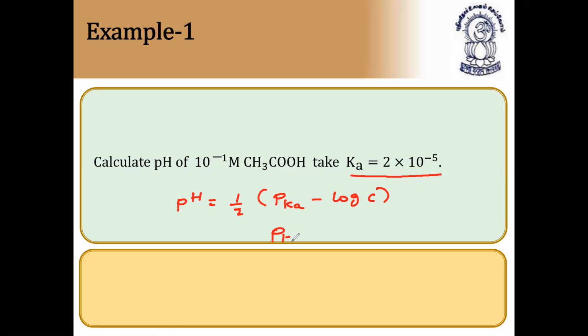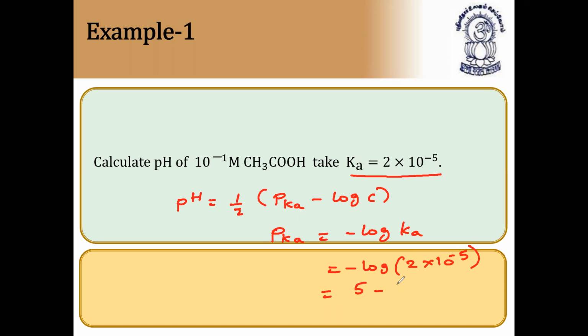So first we will find pKa is equal to minus log Ka. Here it is not visible, so I'll write here minus log Ka. So it is equal to minus log of 2 into 10 to the power of minus 5, which is equal to